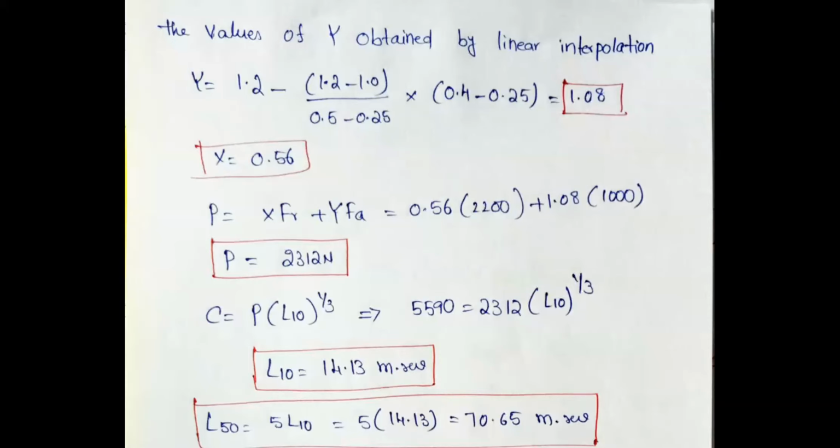Just remember my procedure. Whenever you have a radial load and an axial load, remember this point. If the data is not available for C, the dynamic load carrying capacity, and C naught, go back to your data book and collect the values of C and C naught. Then you have two relations, FA by FR and FA by C naught. First calculate FA by C naught.